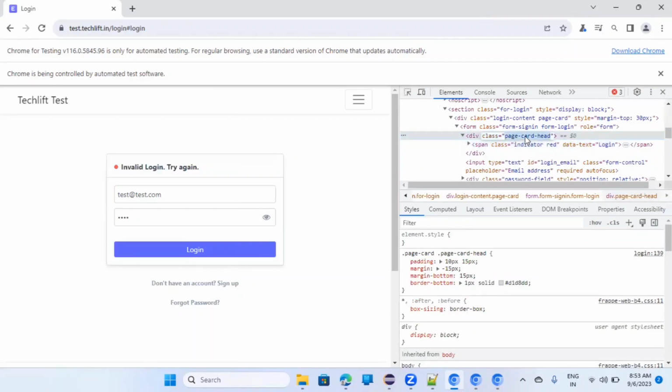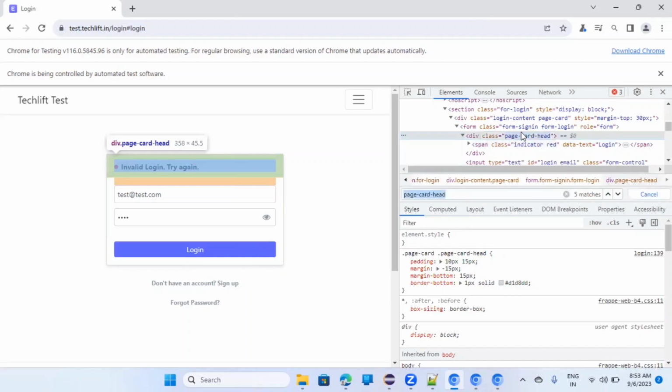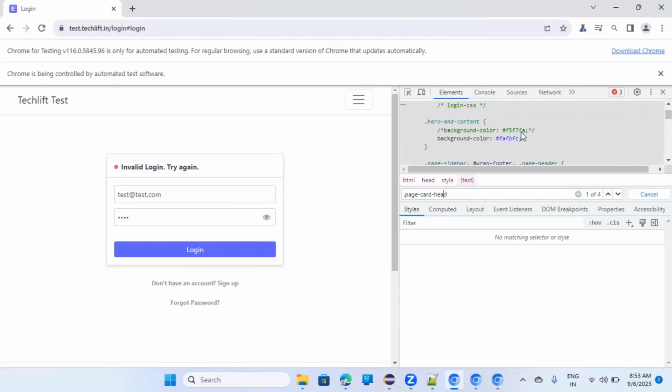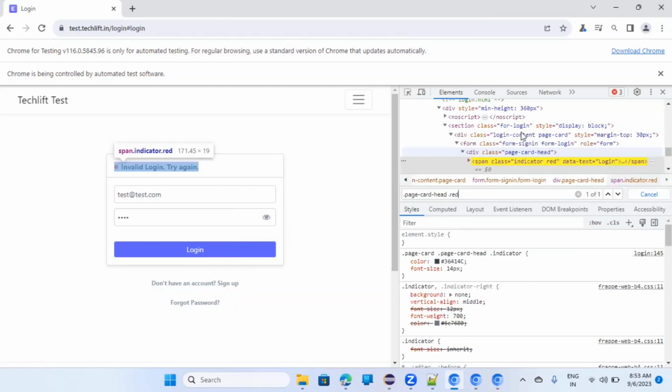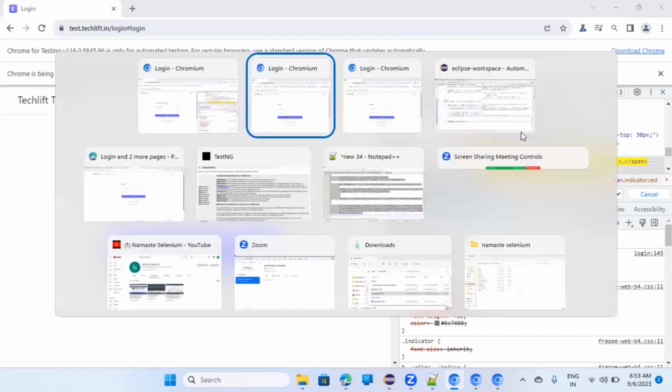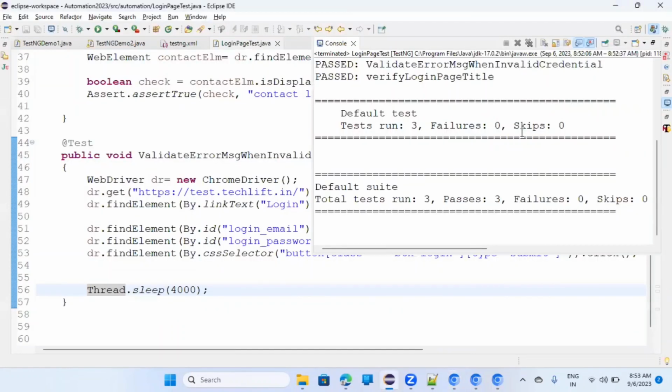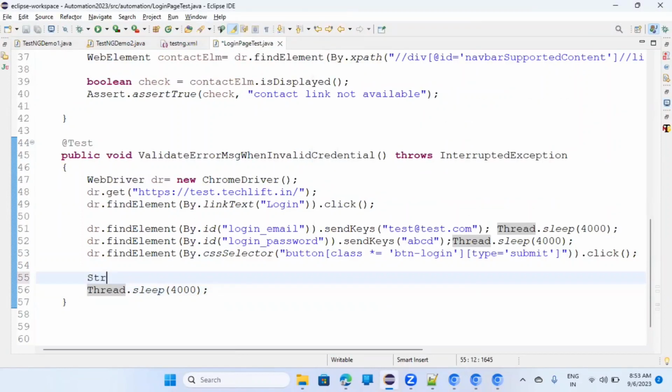So there is a page card. This, let me write it like Control F. This is my class, and inside that I have dot red dot indicator. Don't worry about what CSS selector I am making. That is not the thing which we want to discuss. We want to discuss about assertion, right? How we will do it. So I'll say string